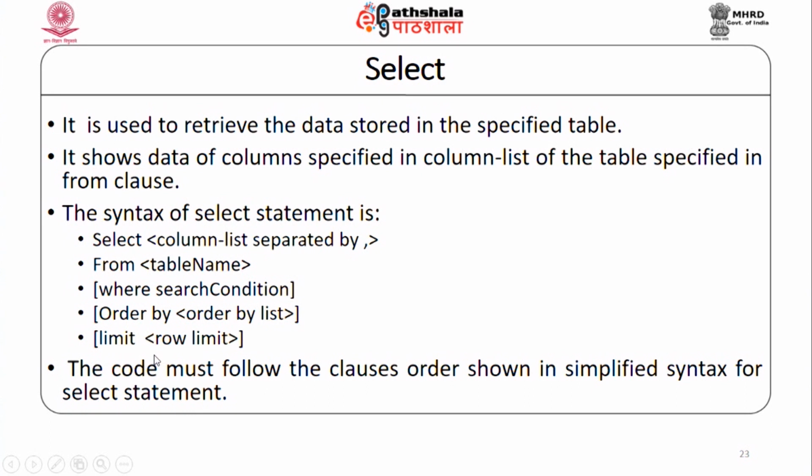If we use more than one table, or within a single table you can again use more clauses like group by, having, etc. But just keep in mind that the order must be followed. First you have to write select column list, then from table name, then where, and then order by. You cannot change the order. First order by and then where is not valid, because it retrieves the data, then filters it and then orders it. So, you have to keep that in mind.